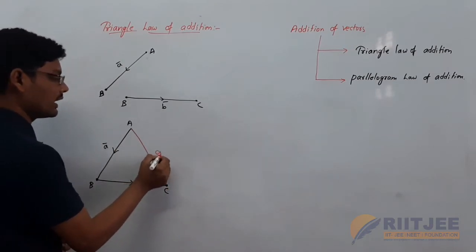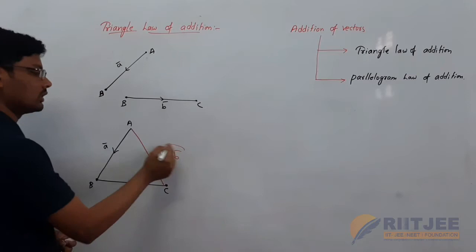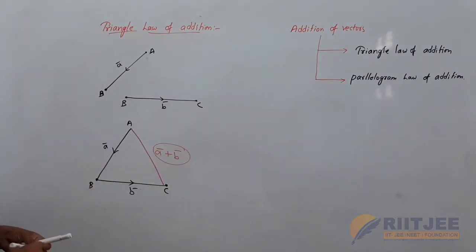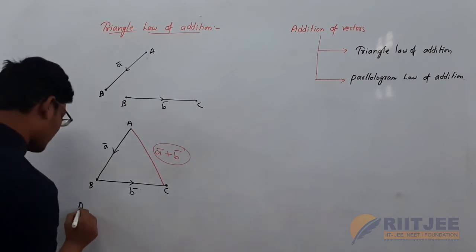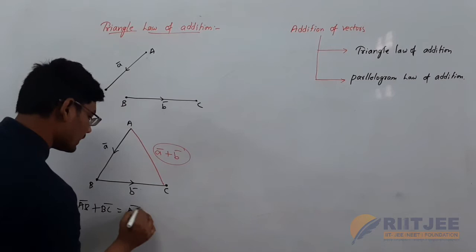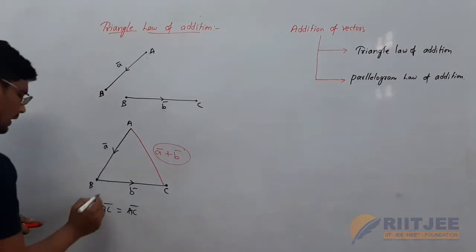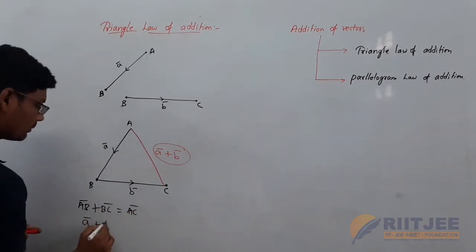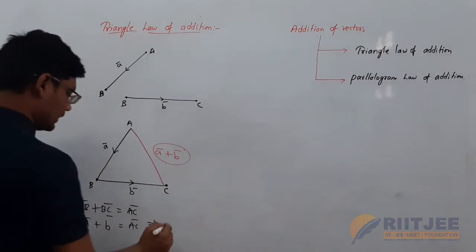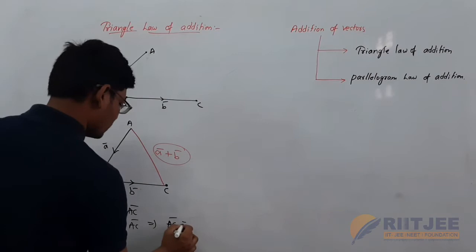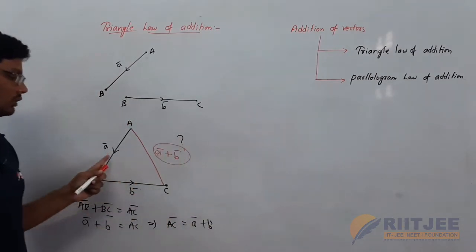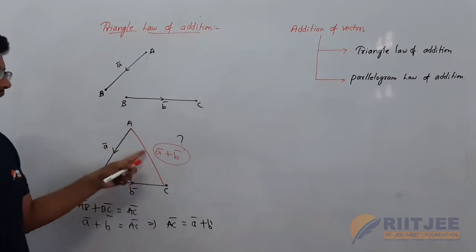This is A bar plus B bar. So the resultant of A bar plus B bar is AB bar plus BC bar equal to AC bar, that is nothing but A bar plus B bar equal to AC bar. So AC bar is equal to A bar plus B bar. The sum of these two vectors is the resultant net